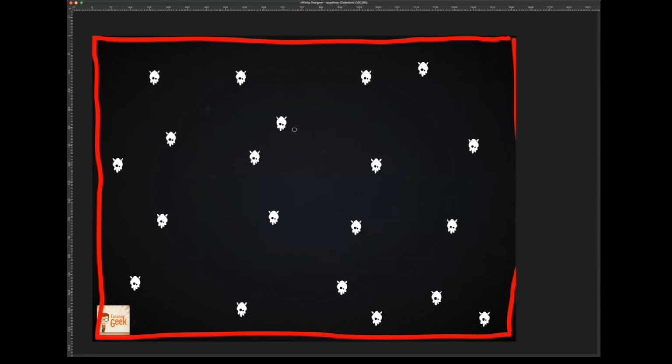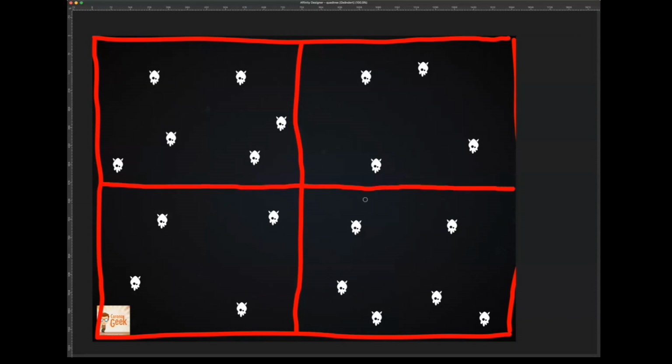So in this case, I take the number of 5 maximum objects in one branch. So a quick check, you can see here are more than 5 squids in one branch. So Quadtrees divides this into 4 sub-branches. And then again, Quadtrees checks each single branch if there are more than 5 objects.